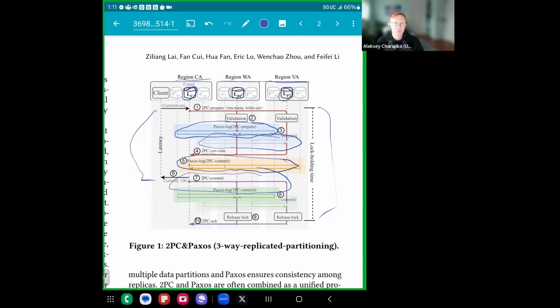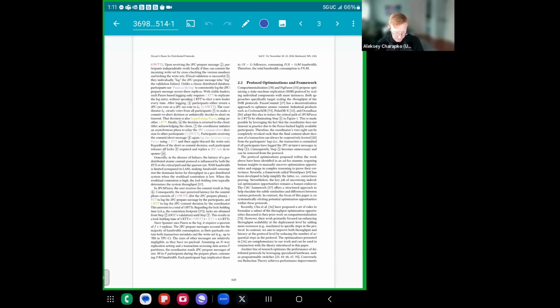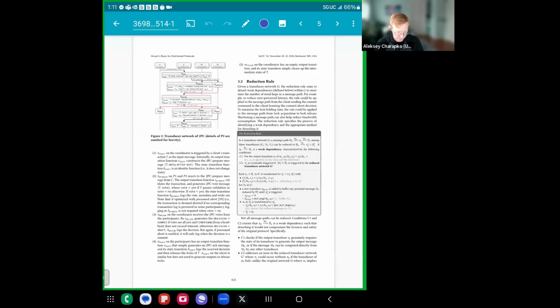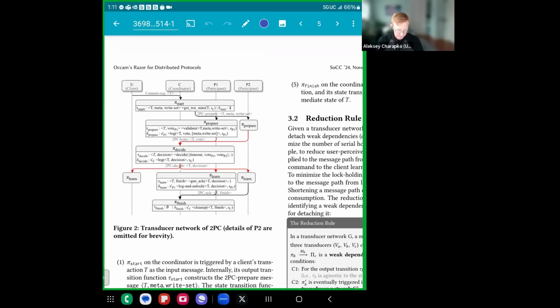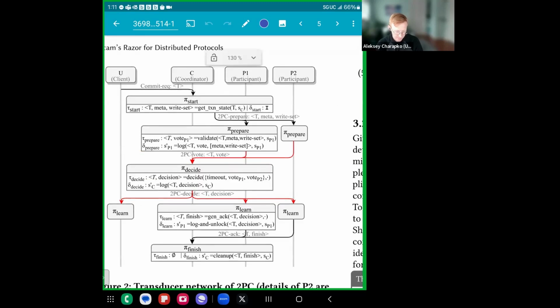And their framework tries to find those steps, right? So let me go to the way they suggest to reason about the systems. Here they show the same protocol, but they try to express it in terms of the messages that a particular node, they call them transducers. I'm not really going to stick to their terminology so much, but they express it like a node can send